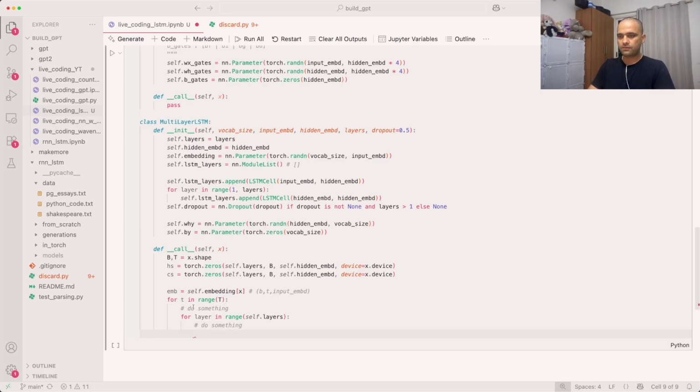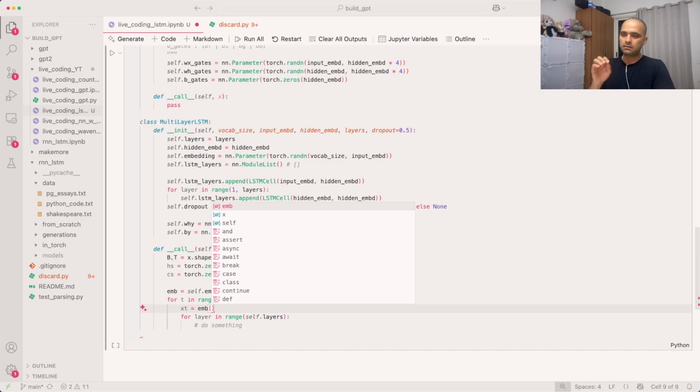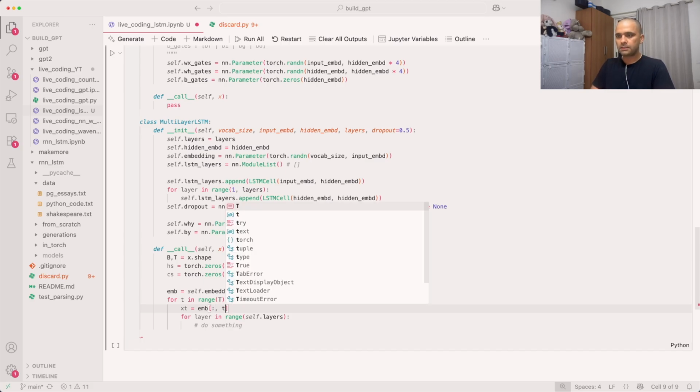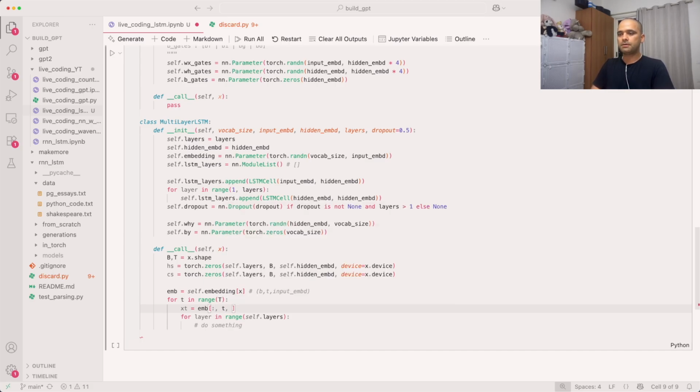So first, for the first time step, what we need to do is input xt, which is the embedding indexed for each element in the batch. We take the t-th time step and each embedding in the dimensions. So this would become a tensor of B